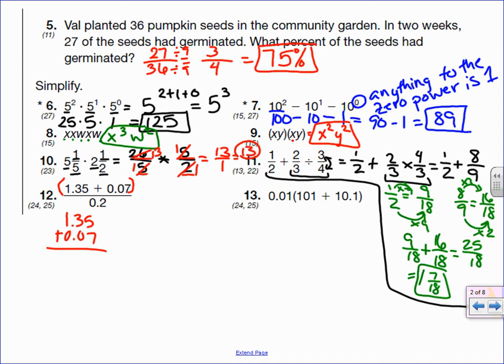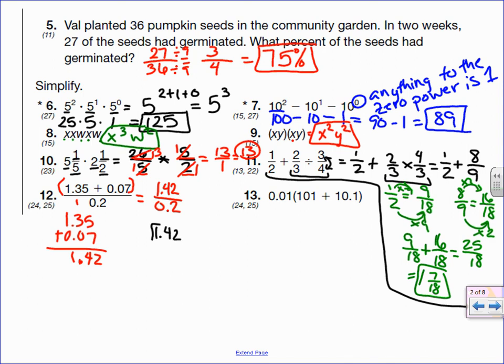So 5 plus 7 is 12. 3 plus 1 is 4. Bring the decimal down. And then 1 plus 0 is 1. So we end up with 1.42 on the top and 0.2 on the bottom. Then we're going to divide by a decimal. And what that looks like is